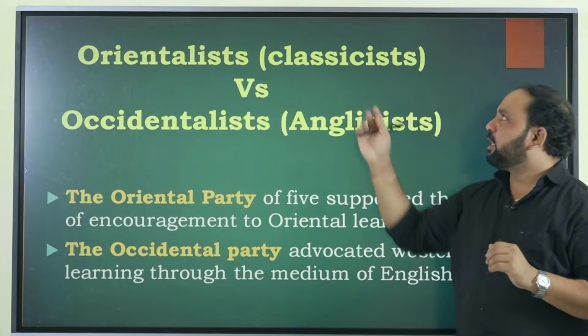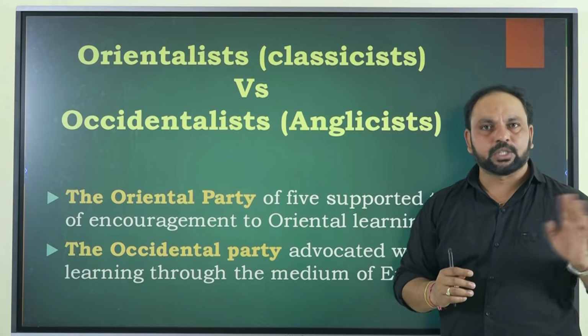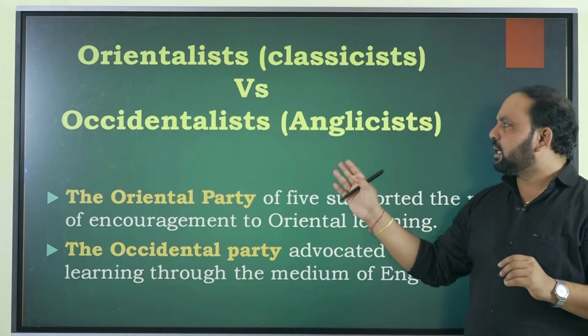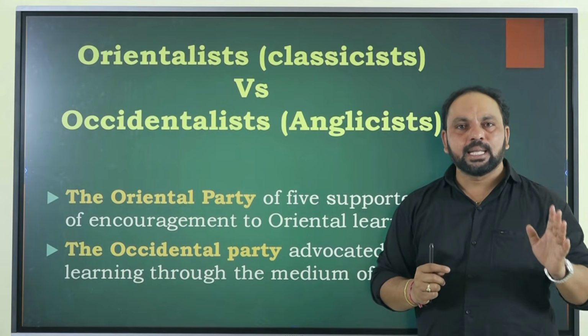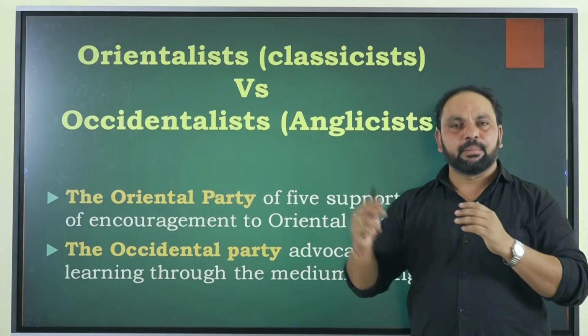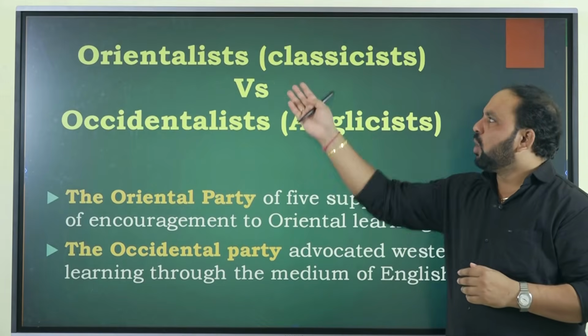Orientalists, or we call them the classicists. Orientalists and classicists is the first one. The second one is the Occidentalists or the Anglicists. Occidentalists or Anglicists is the second one. So linguistically there was a division in the committee of GCPI and they were divided into 2, and here Orientalists,